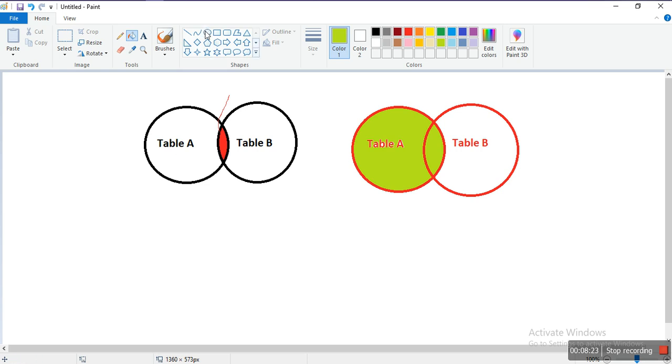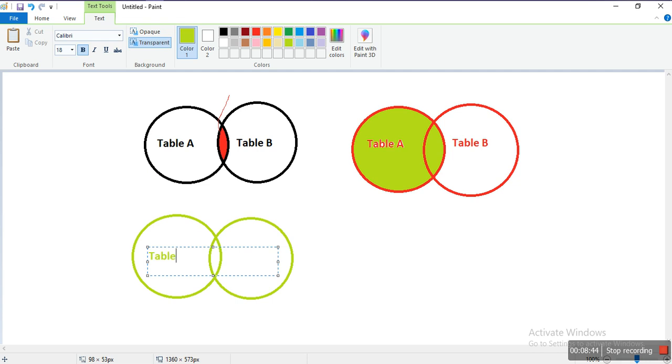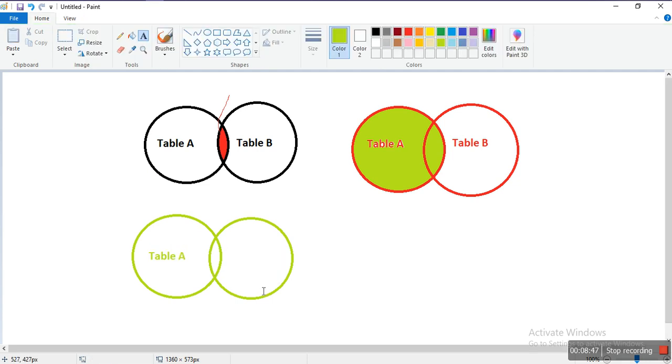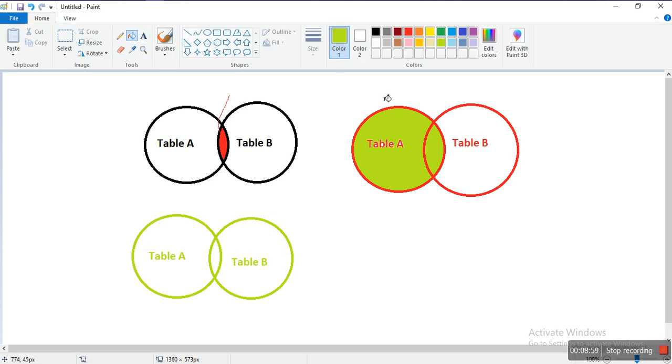So let's see the diagram of that right join. Here we take table A, and here table B. Then take a color, and this is the right join.